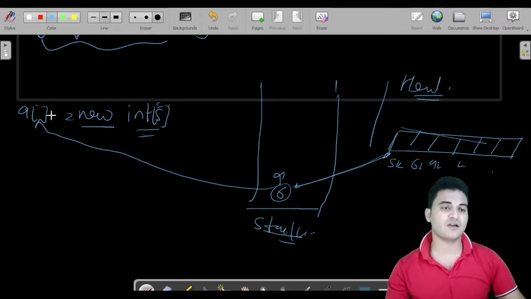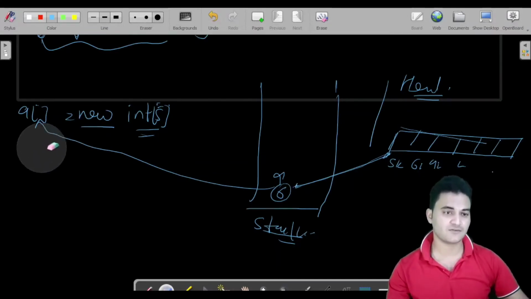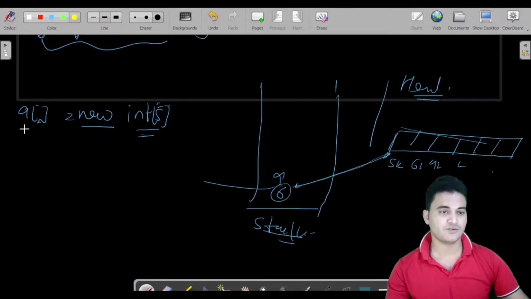So this is how the 1D array was created. The creation of a 2D array is very similar to the 1D array. Let us see the syntax first. What is the syntax for creating a 2D array? So this is the syntax for the 1D array,